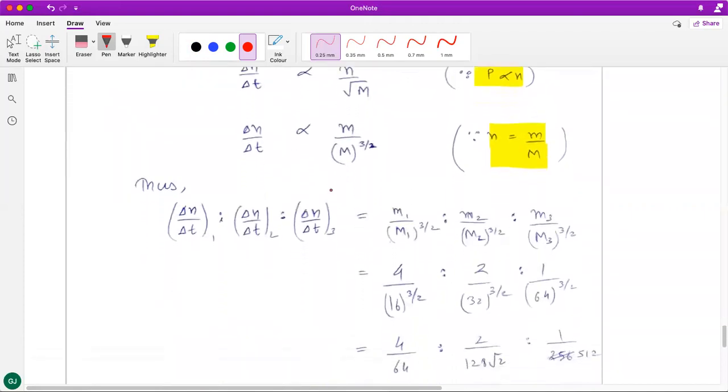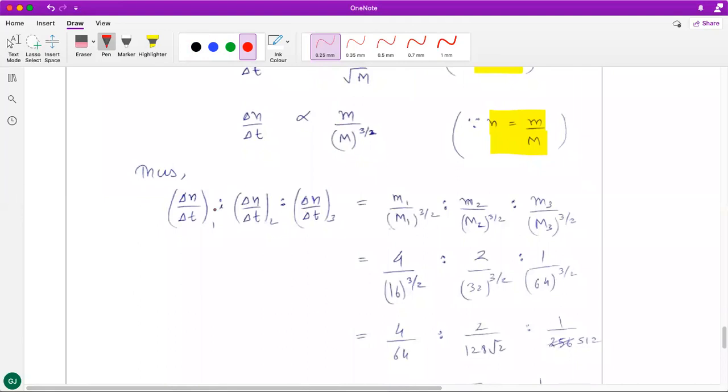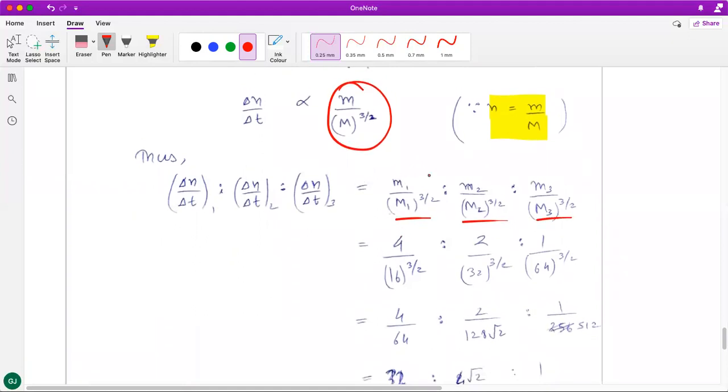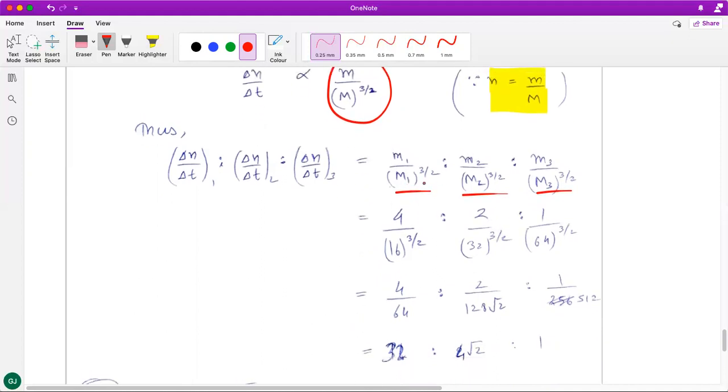So once I got this, then I can write the ratio. The ratio of the rate of diffusion will be in the ratio of this expression for each gas, right? So this is the way in which I have written. Now the ratio of mass is given, right? M1 is to M2 is to M3 is given as 4:2 is to 1. And then the molecular weight is something which I know by GK because I have been given the gases. They are methane, oxygen, and sulfur dioxide. So these are their molecular weights. Once this is there, then it is all a matter of simplification. Then it's a little bit of maths to simplify this.